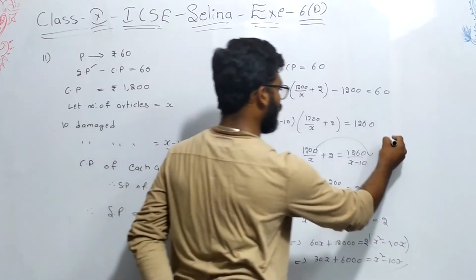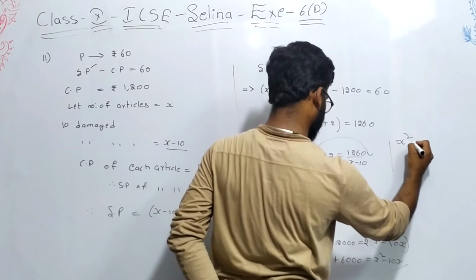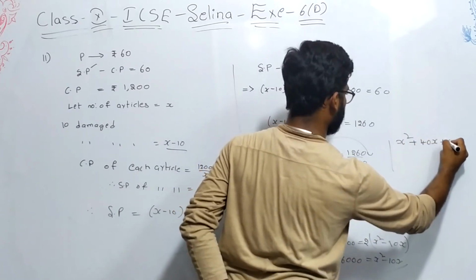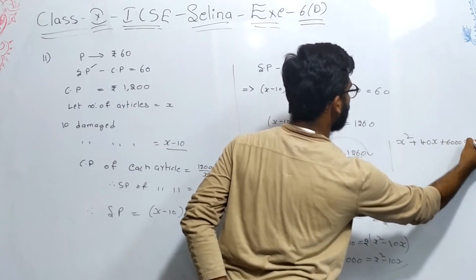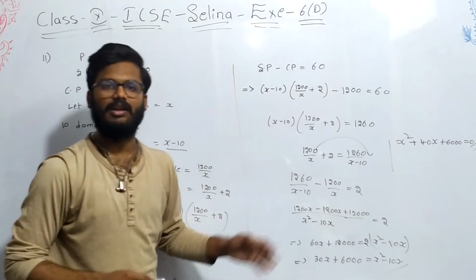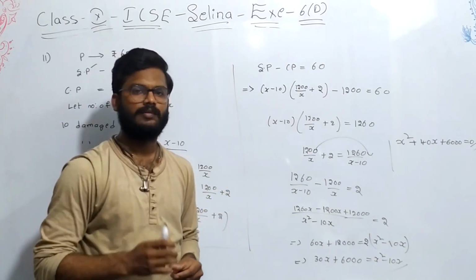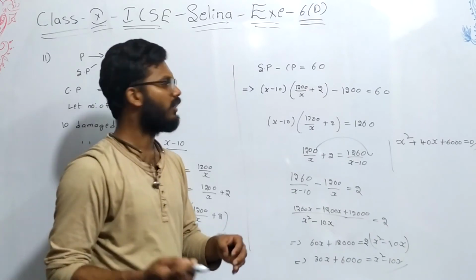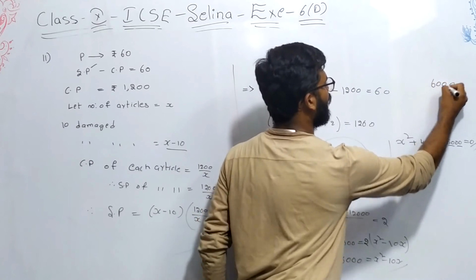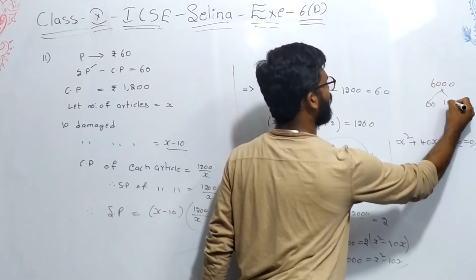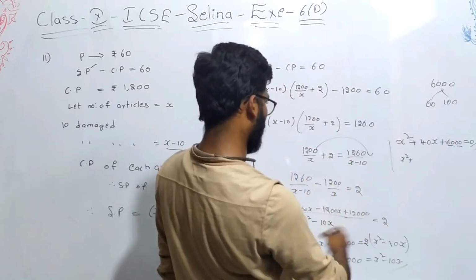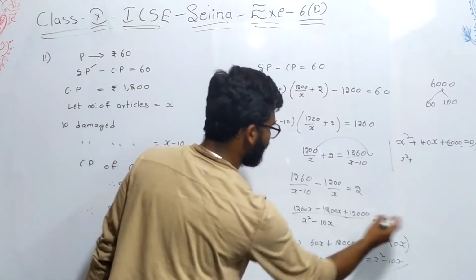So finally, you will get a quadratic equation x square plus 40x minus 6000 is equal to 0. So we have to solve this in order to get the value of x. So if you want factors, see here 60 into 100, right? So 6000 you can write as 60 into 100, right? x square. So how much is it? Minus x square is there, right? So if we change that side, how will we get?